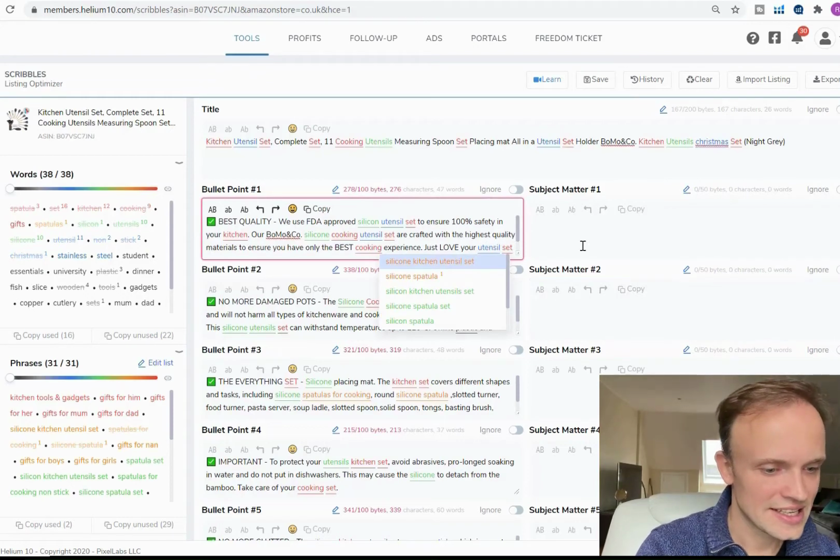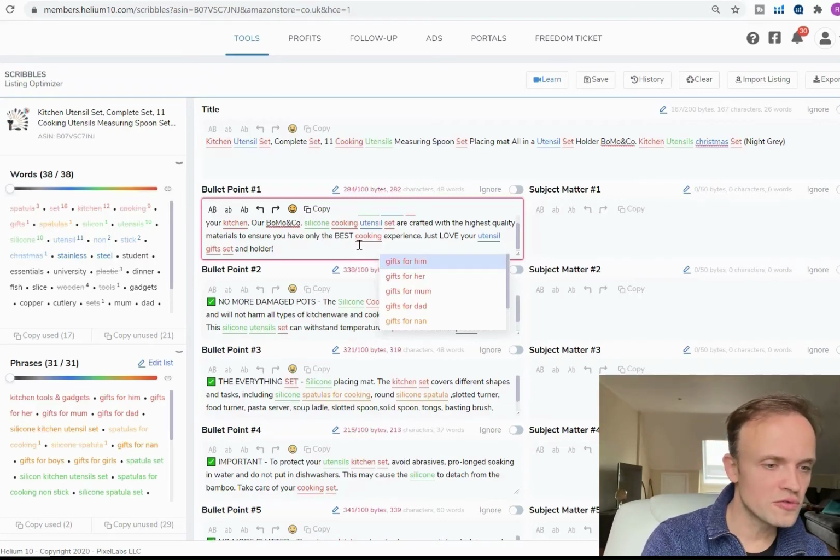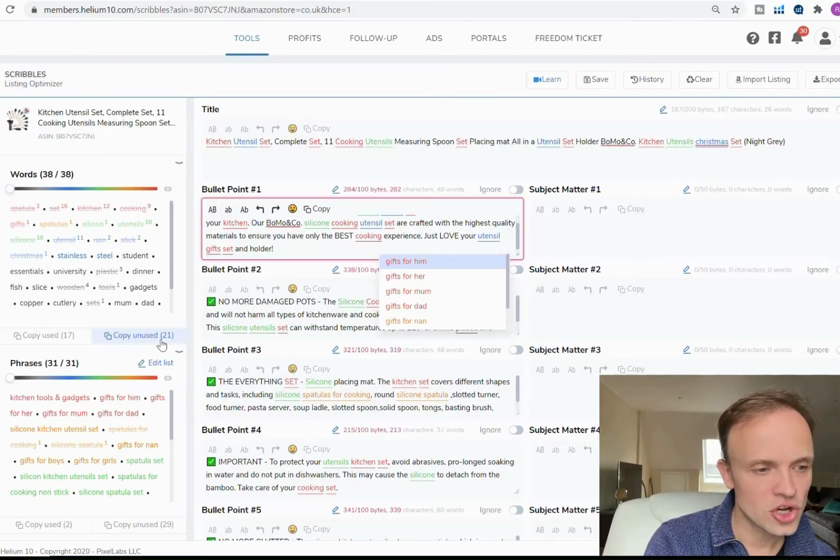Utensil gift. Okay, another one done. We now have gifts included as well. And all you really need to do is go through all your product feature bullet points and see how you can position any of these keywords in there, or any of these search phrases. And anything that's left over, especially when it comes to keywords, all you need to do is copy and use,